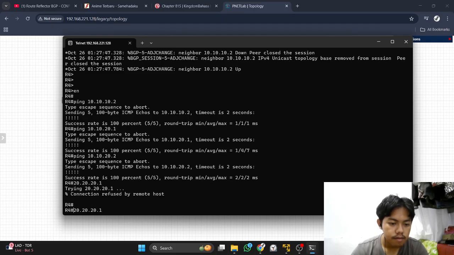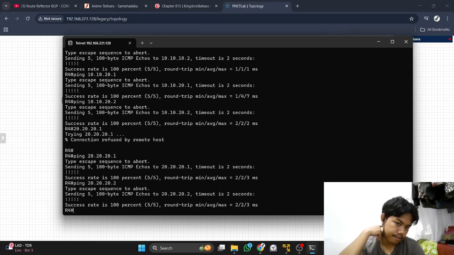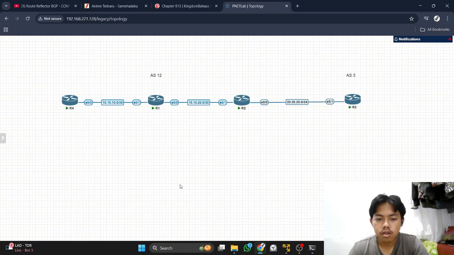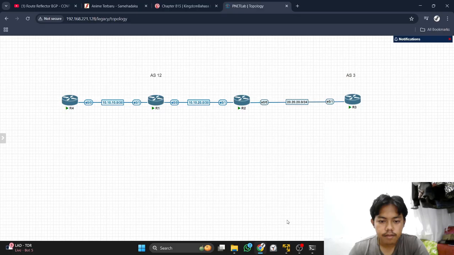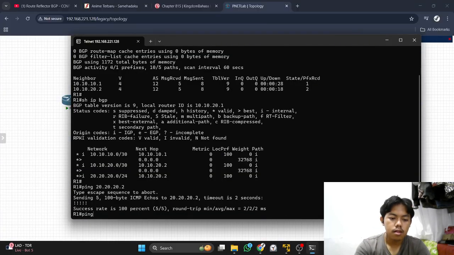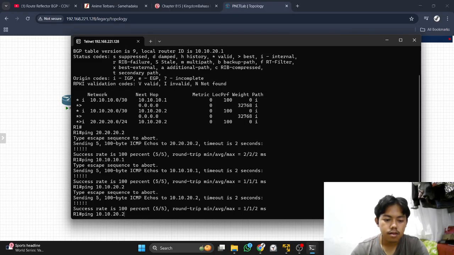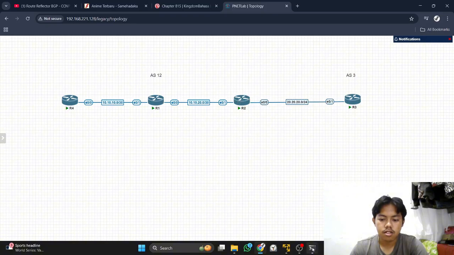Ping, okay, success. For router 4, ping to all routers is a success. And router 1, okay, success. In router 1 it is a success too.